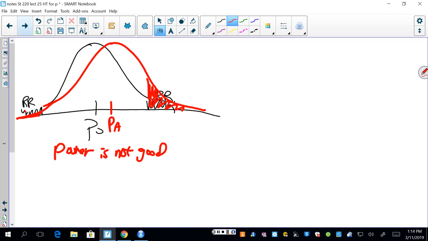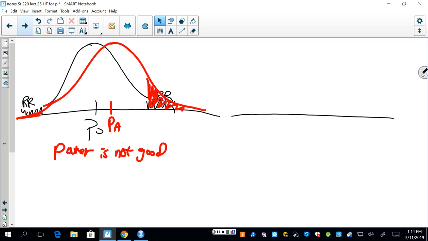So you probably wouldn't want to go into this study and do it and pay for it. Because your chance, if you're relying on getting a significant result to be able to publish your study or prove your product is better or something, then you don't have much of a chance to do it. The chance you're in the rejection region, even if that alternative is true, is pretty small. It's not very good to do. If, on the other hand,